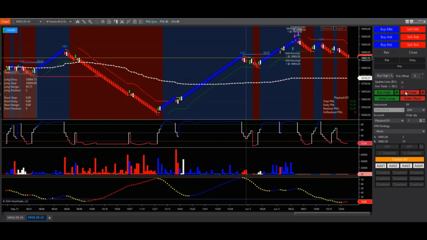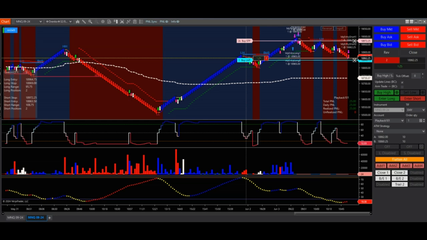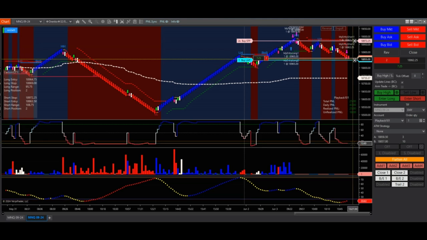So I'm just going to go ahead and do a sell low, right? Order submitted. Order filled. Notice that. All right, so the stop loss is set at the super trend, and it's set, and then the buy